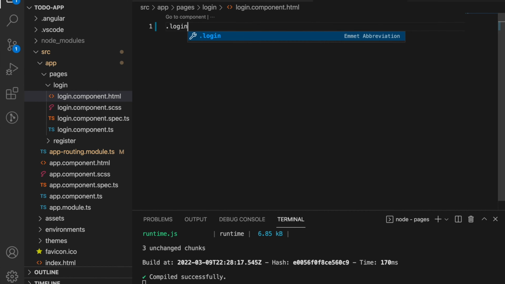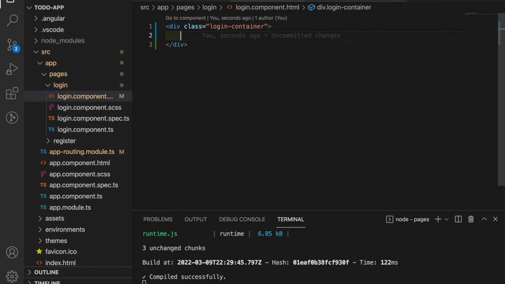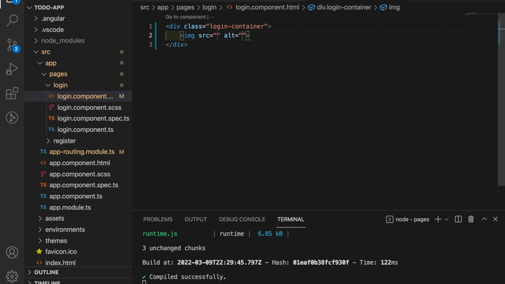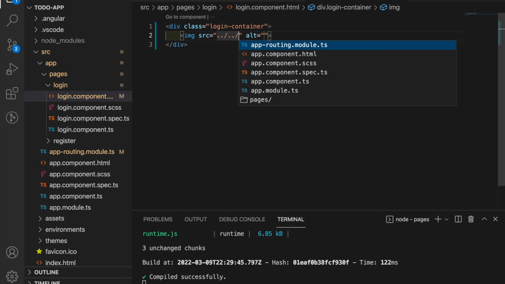then we'll create our login container. I just love having a container, right? And then what we can now do is create our content. But we see that with our content, for our actual input, we want to have 24 pixels to the left and right. So what can we do? First and foremost, we can render our image over here and locate that to our assets